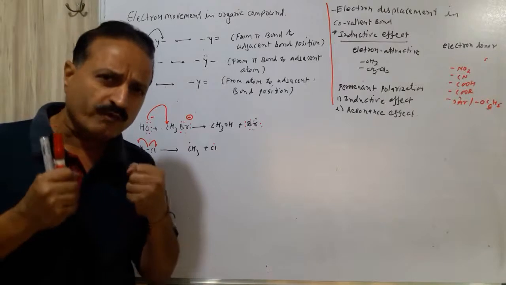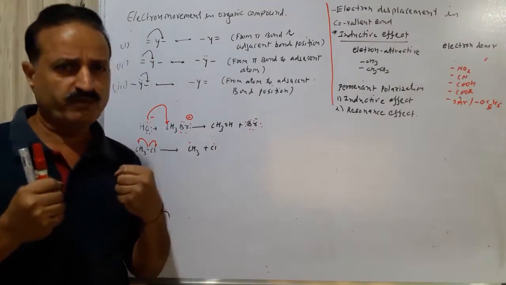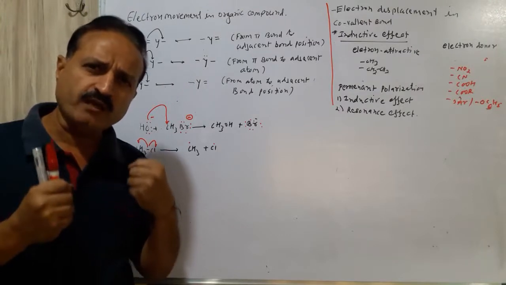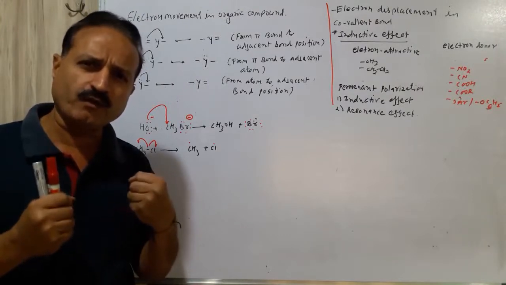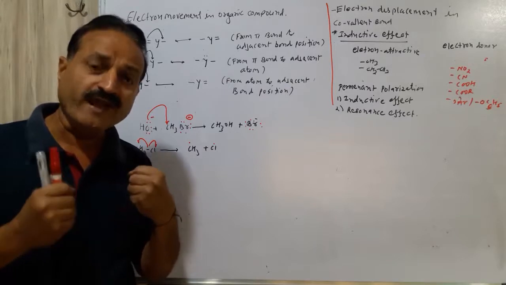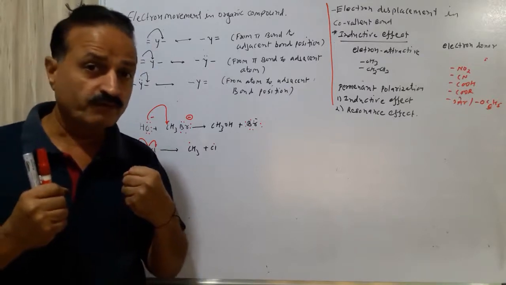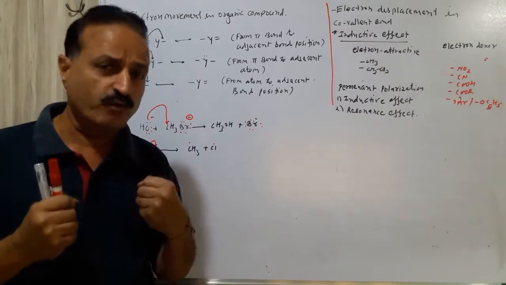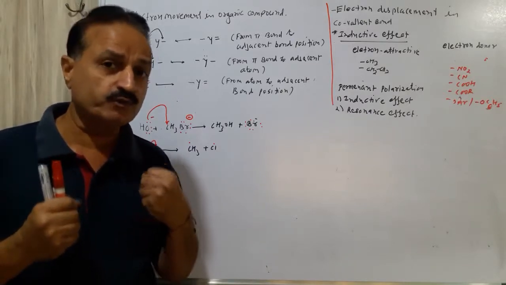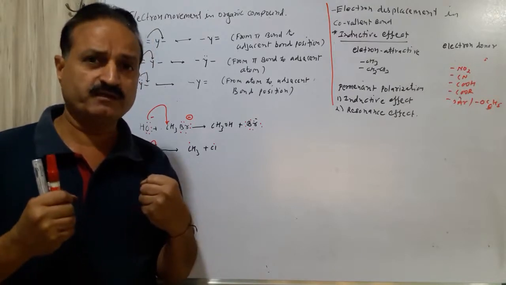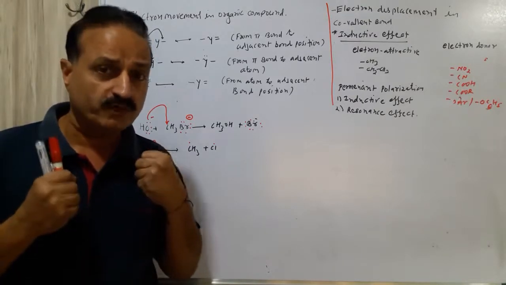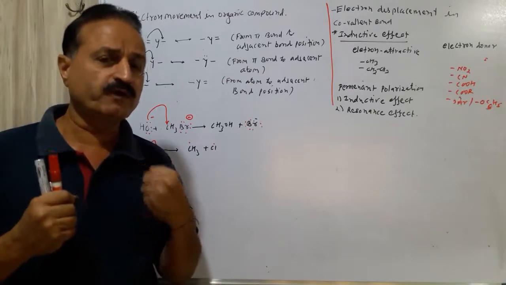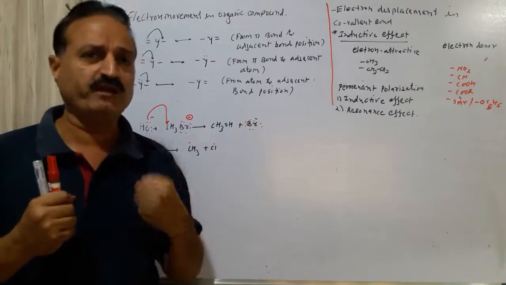When any covalent bond is formed between two atoms, there must be sharing of one electron between those two atoms which are forming the covalent bond. If there are two bonds, then there will be sharing of two electrons of each element, and if there is one covalent bond, then there will be one electron of each element.